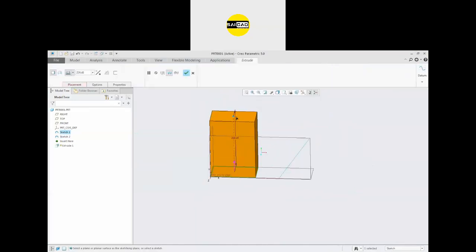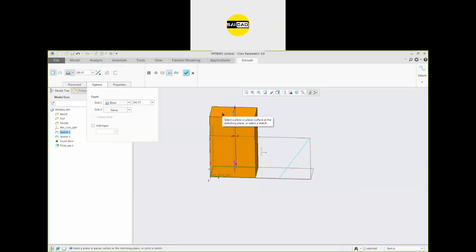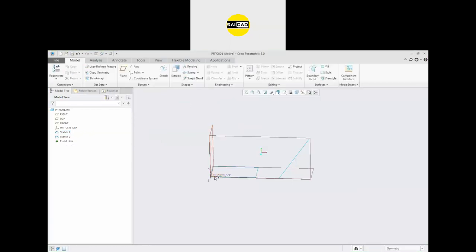You can create the extrude in this direction, but to make it inclined, we don't have any option. It will be straight in the direction. You can create it with the help of sweep, and it will be at the inclined angle. In SolidWorks, we have this option to add an angle so that it can be created at some angle.